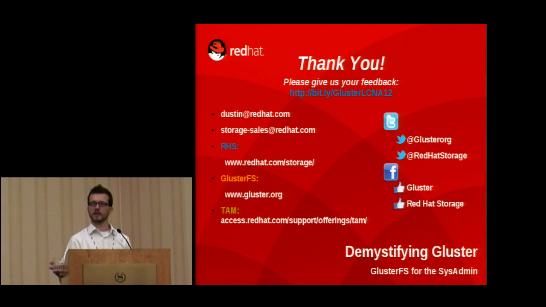Yeah, I think it's a little related to the question that came up earlier about when you have a replicated volume, how does the client know which of the replicas to access? AB had explained that it's basically whichever one is responding first. The client is aware of the multiple locations for the data, so it's going to essentially ask for all of it, and wherever it gets the response back first, it's going to communicate with.